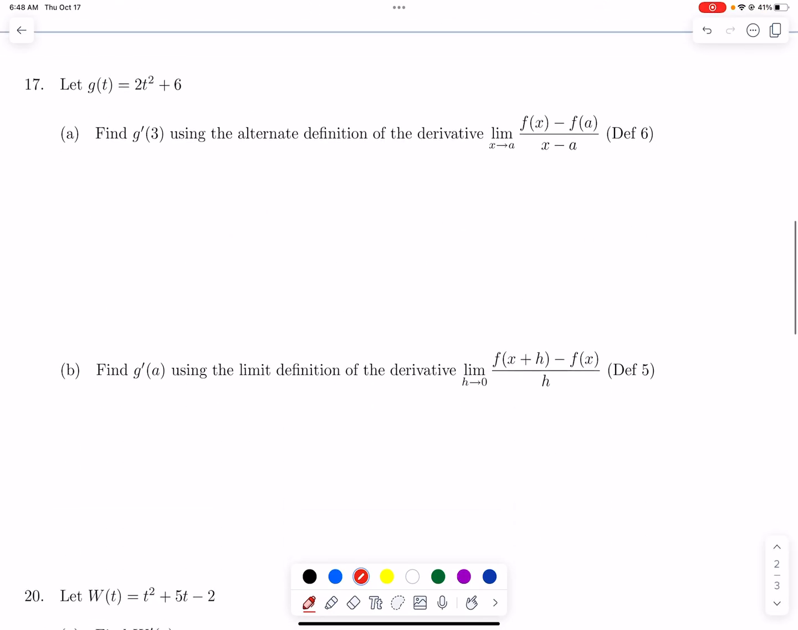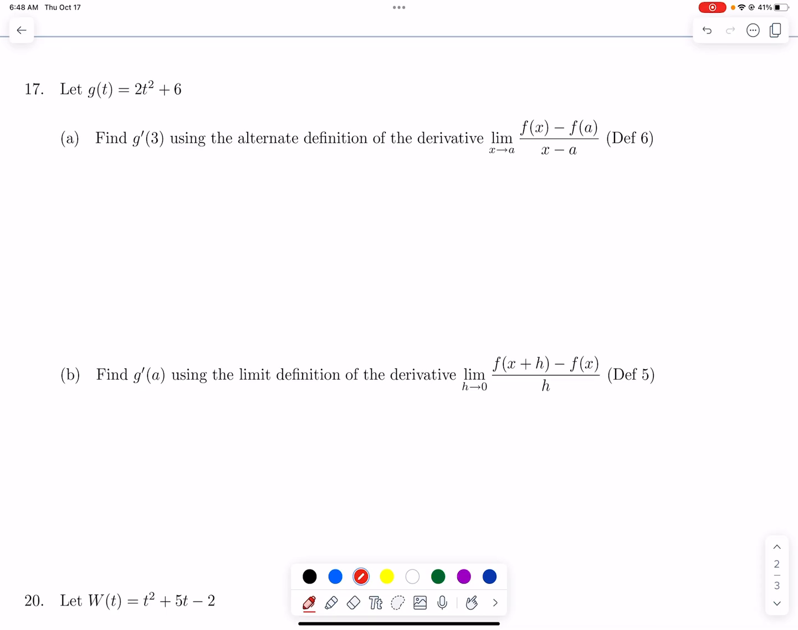Okay, next. Alternative definition. We need to know a is 3 here. And let's just figure out what g of 3 is. 18 plus 6 is 24. So what we have is the limit as x approaches 3